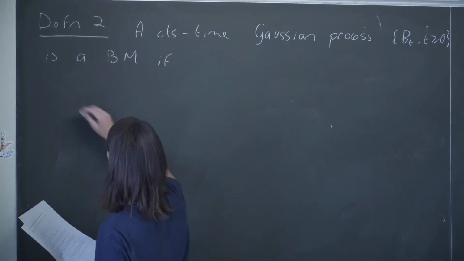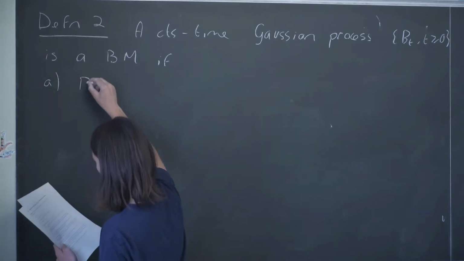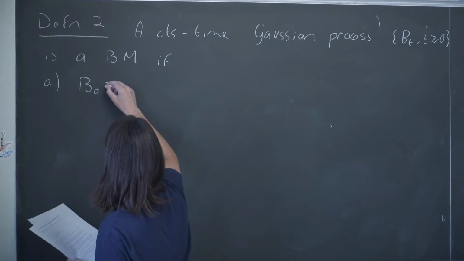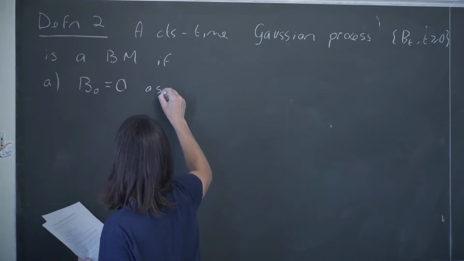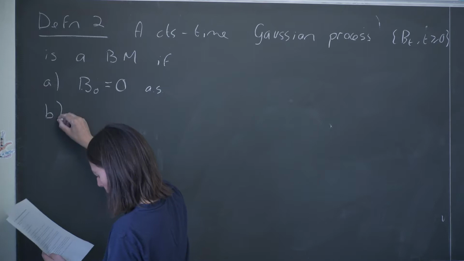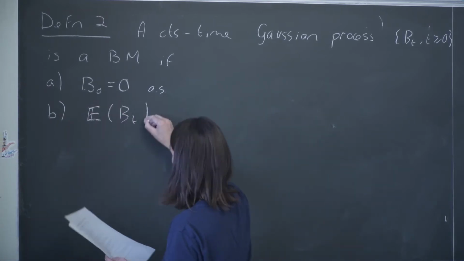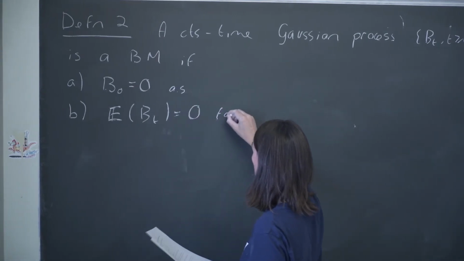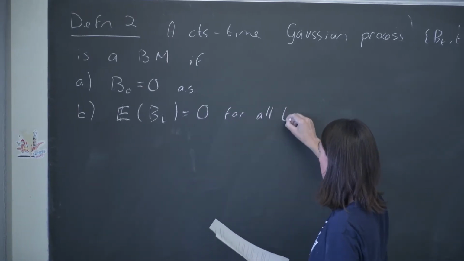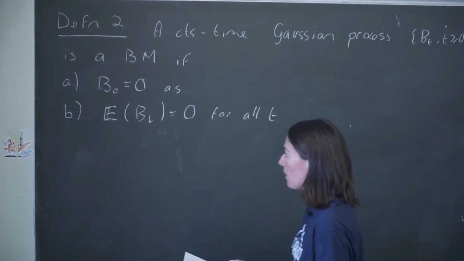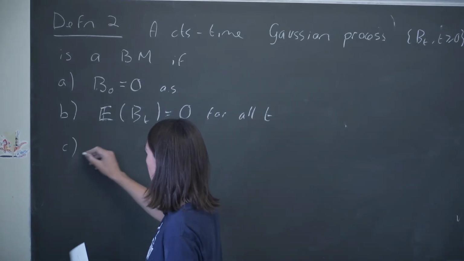Again we need some properties, so the first one is the same: B0 is equal to 0 almost surely. The second one is that the expected value of Bt is equal to 0 for all t. The third one is that the